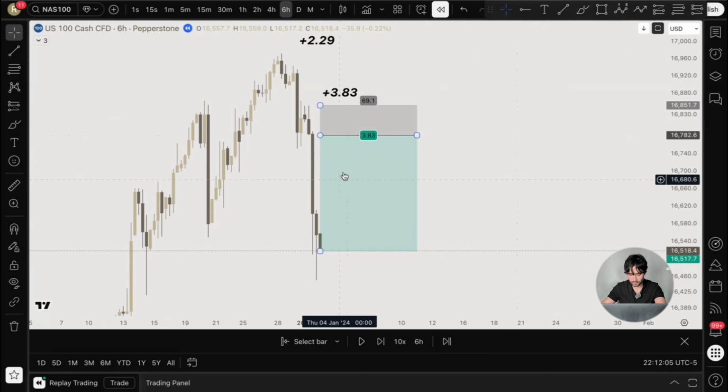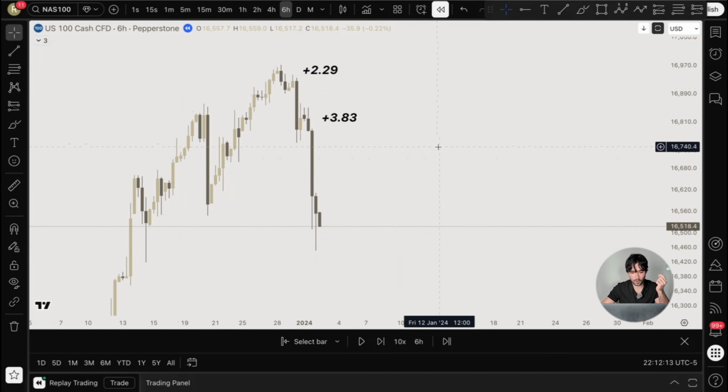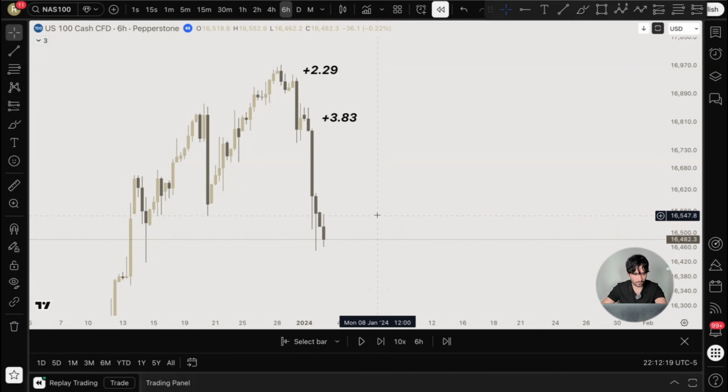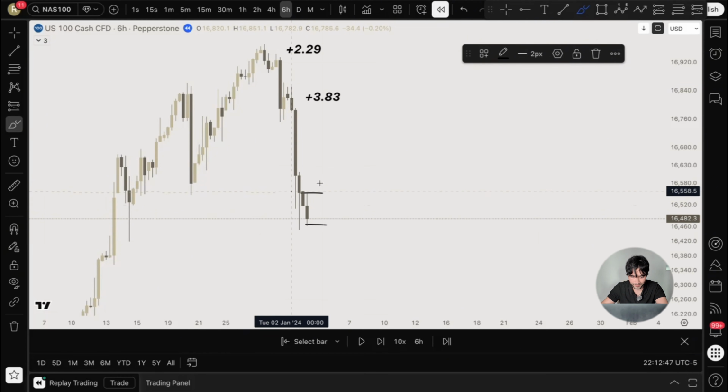And we'll go ahead and close this position as you would have done in live time, and we'll look for our next 12 a.m. candle to place a trade. And we have our next 12 a.m. candle, and keep in mind this candle opens at 12 a.m. and closes at 6 a.m. and that is when you're actually going to show up to your desk, place your orders, and go on your merry way. And now that we have the candle, again, we're going to be placing trades at the high and the low of this London candle.